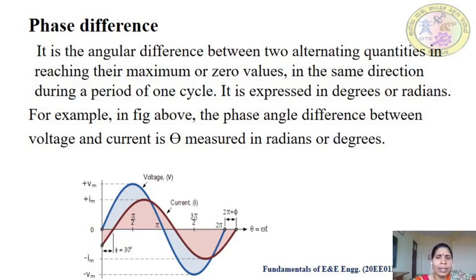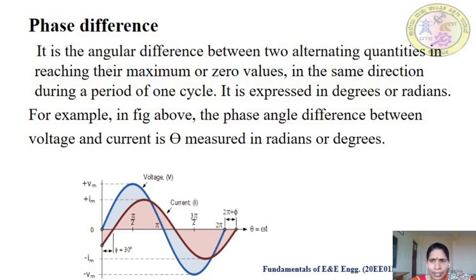So now, taking one cycle as the reference, we have two alternating quantities. What are the two alternating quantities? It is always voltage and current. So if voltage and current reach their maximum or zero values at the same time, then what is the phase difference? If they reach their maximum or zero values at different times, it gives some other phase difference values,